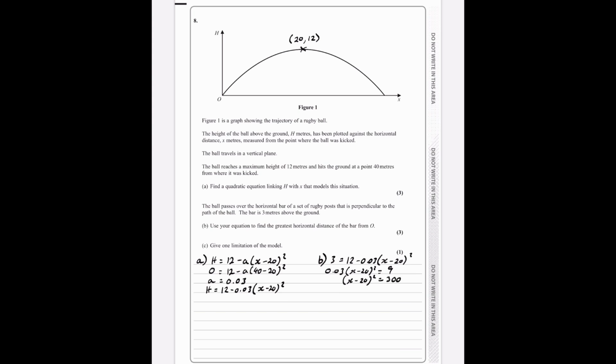The choice comes when it comes to the square rooting. I'm going to take the positive square root because that's going to give me the value of x that we want. If I took the negative square root, it's going to give me a very small value of x. It's absolutely fine if you've done that and then you've rejected the solution. But taking the positive square root gives us an x value of 37.32